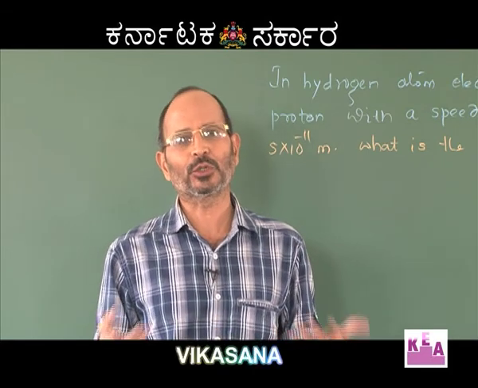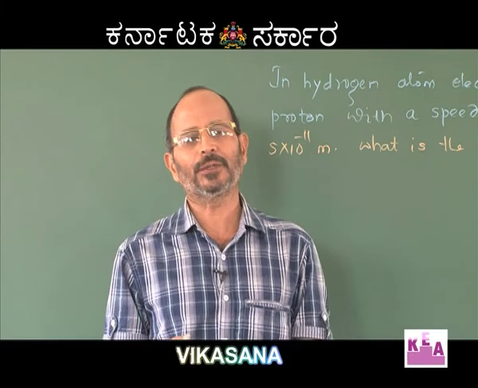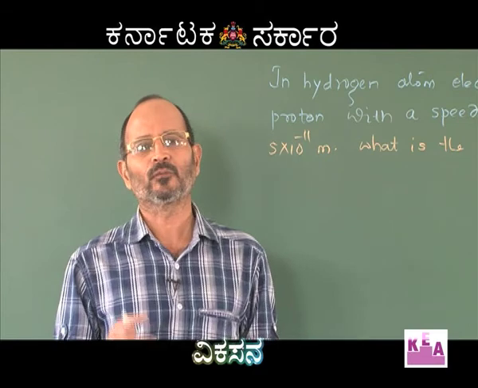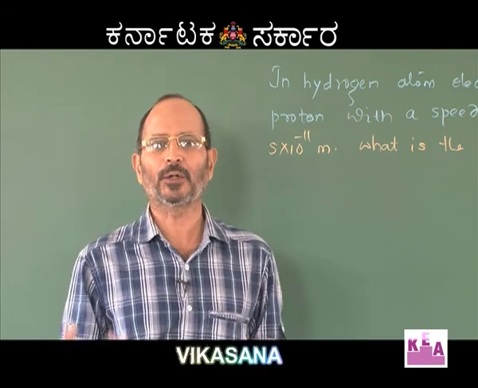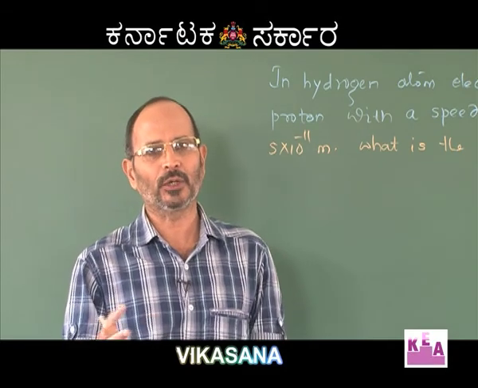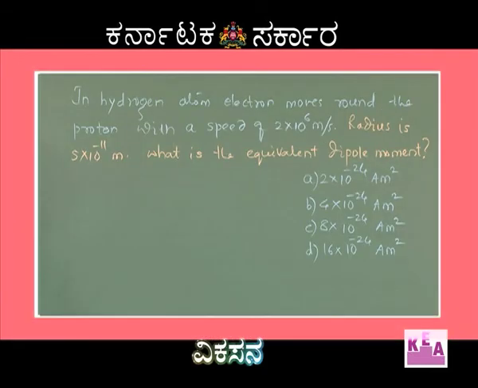So, now if you take a circular wire carrying a current of I amperes and you take only one turn, then the dipole moment of that particular wire will be I into pi r square. I is the current and I have taken the area to be pi r square. Let us read the problem and see how does this explanation of a dipole moment help us here.